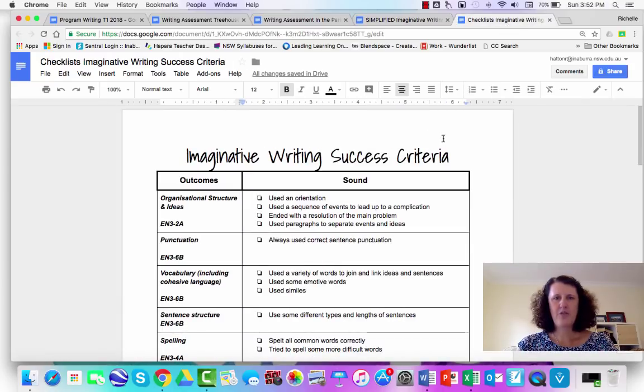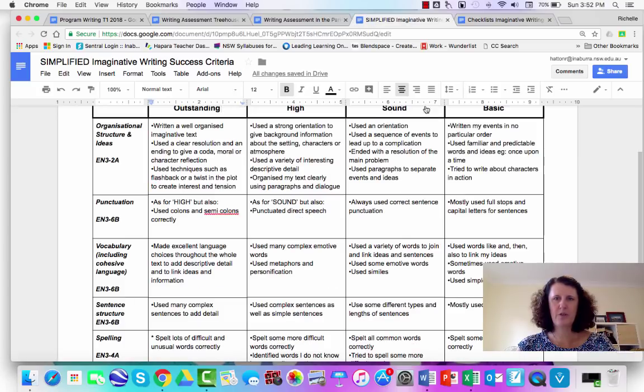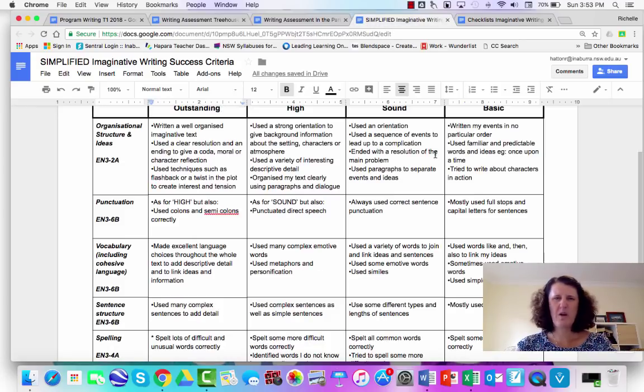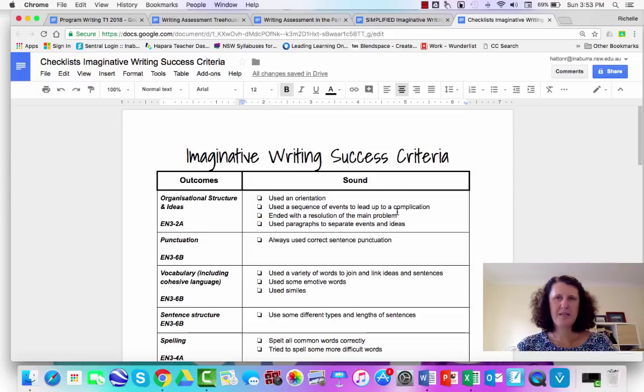And I've also generated some checklists. So what I've done here is just taken the sound column of this document, so this sound column here, and put it just by itself with some tick boxes or check boxes. So this is to help you look at your work objectively. Sometimes when you see it in this format, it's a bit overwhelming and you go, oh, I don't know where I'm up to. So I've actually sort of simplified it, but it is the same criteria,